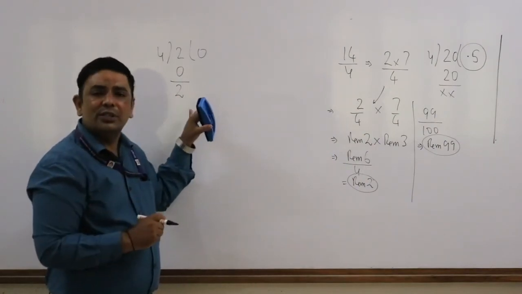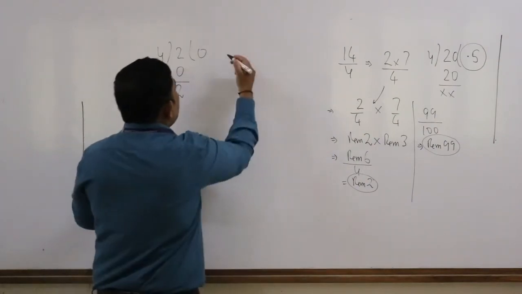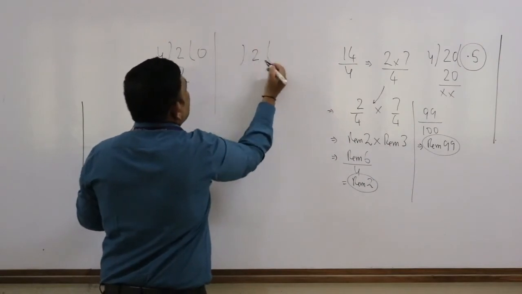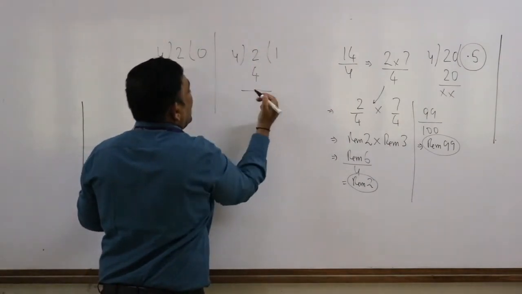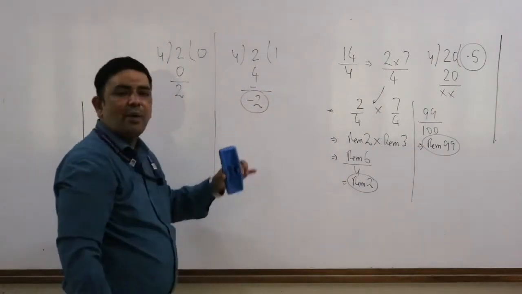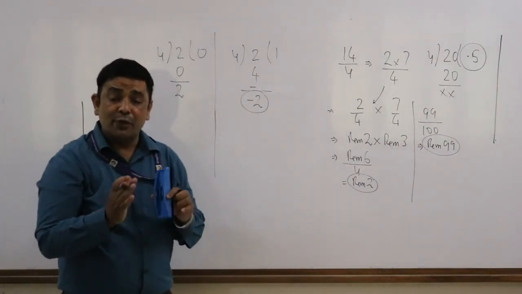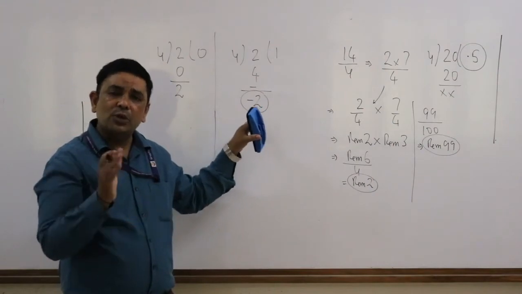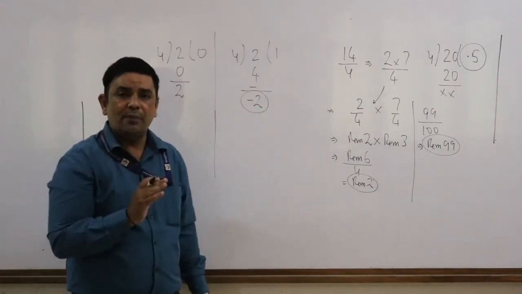Somebody said, I am not going to do this. So what can be another approach? Another approach can be when 2 is divided by 4, 4 into 1 is 4. Here you will have minus and therefore the remainder is minus 2. Again, different from what we have been saying. How is this possible? So the fourth rule.